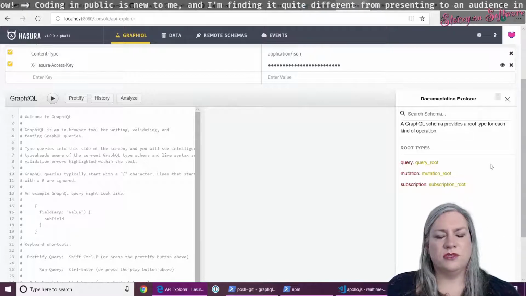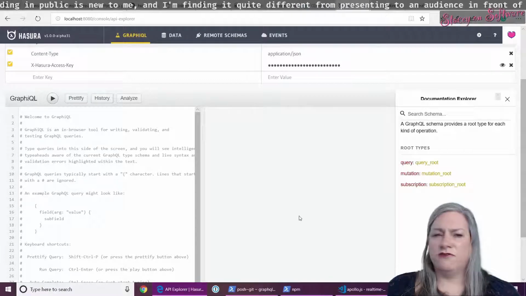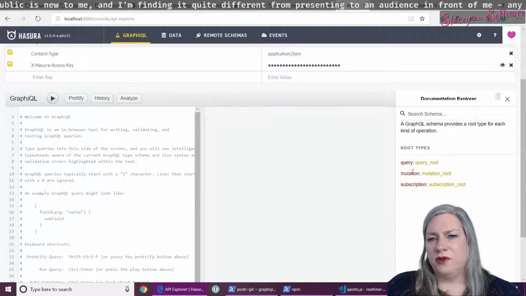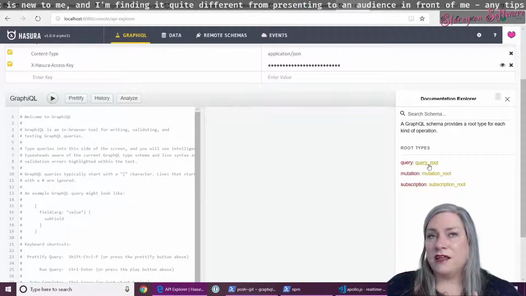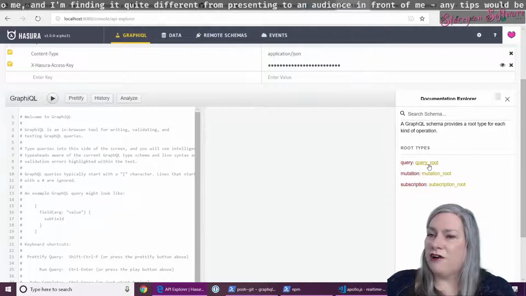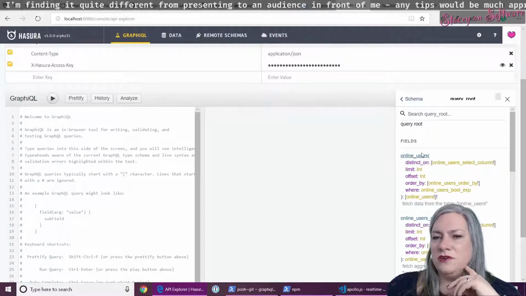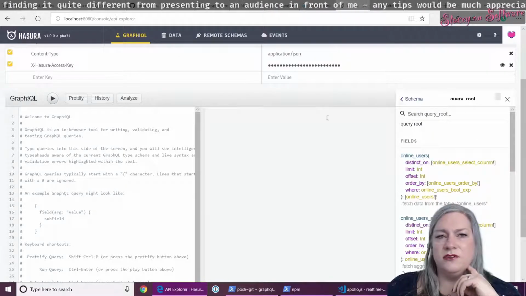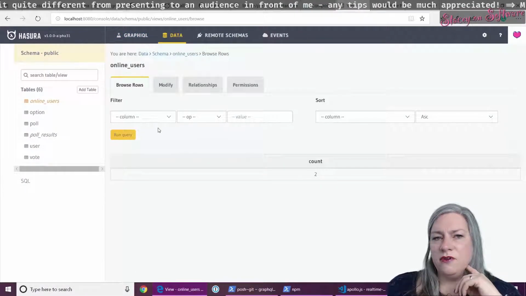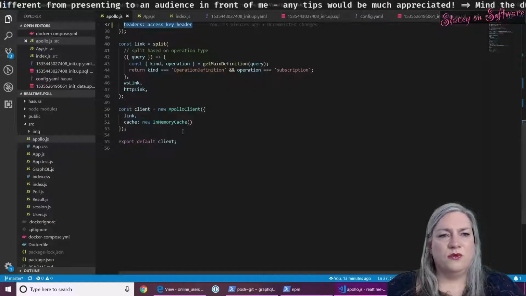I spent some time in Swagger and stuff like that, and it's really nice to see the same formality of definition of how to do these things, and it's all established automatically by inspecting the Postgres schema itself and generating these things that we can do inside GraphQL on online users, coming directly from the online users table that was created with